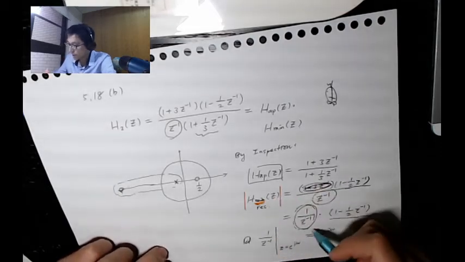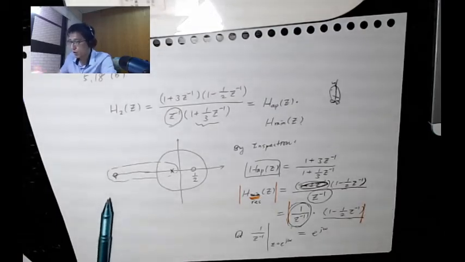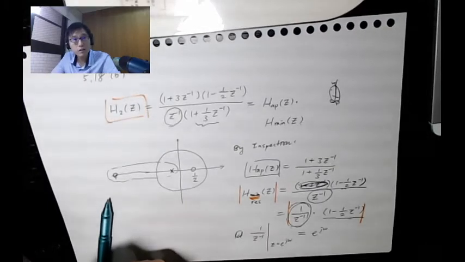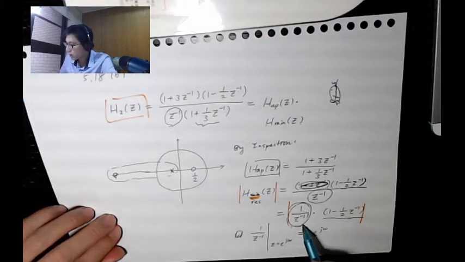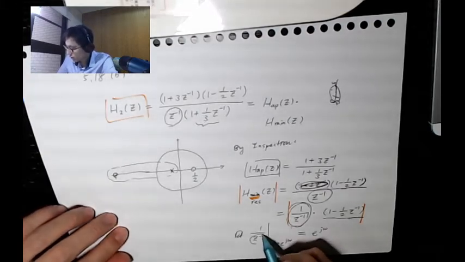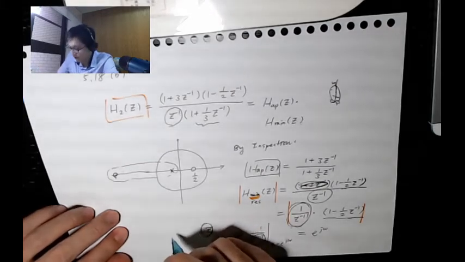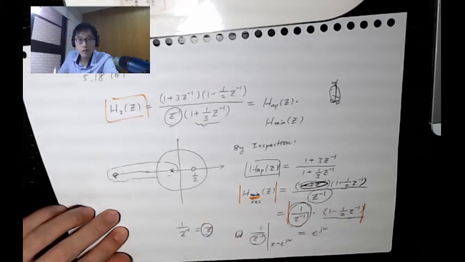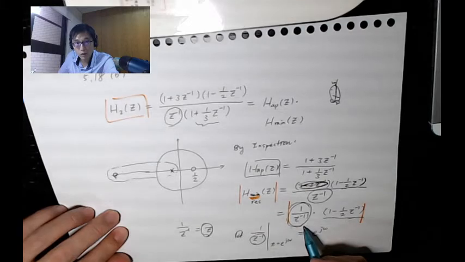I leave this factor here, then the magnitude response is going to be the same as H2 of Z. Okay, at least that is satisfied. This is satisfied for sure. But when we leave it here, what is this? This is Z, because 1 over Z inverse is Z. So do we call it a 0 at the origin, or do we call it a pole at infinity?